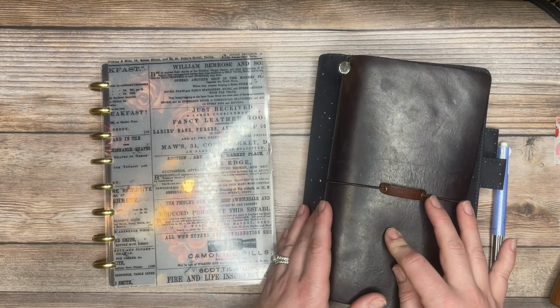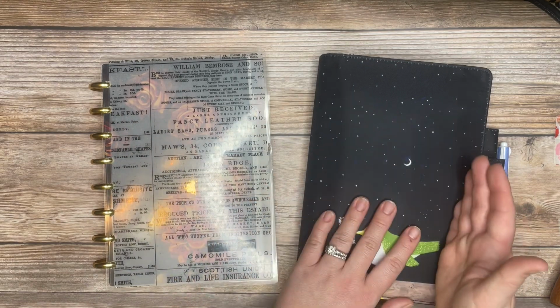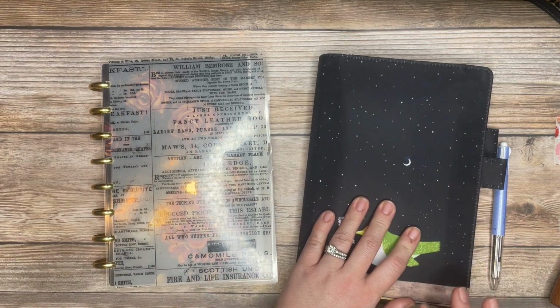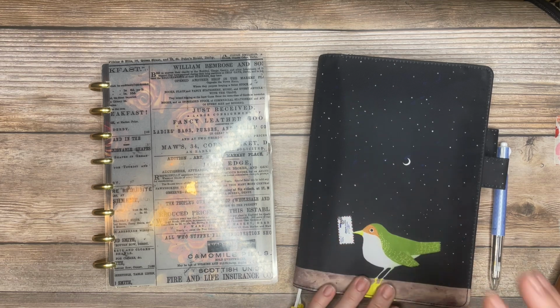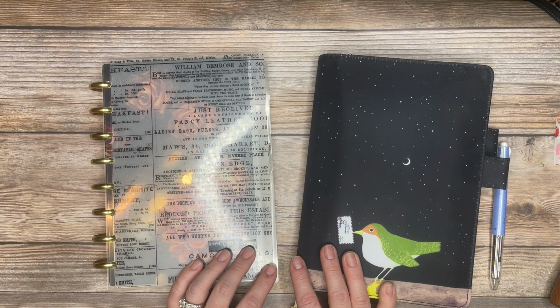And I'll go into what's inside of this in a little bit more detail. I'm going to just go through kind of like the gist of how I have this set up because I need to have a couple more weeks under my belt before I can really talk about the details of what's going on in here. The point of all of this basically is to show you guys that the system that I use for myself and the system that I try to talk about in my videos,